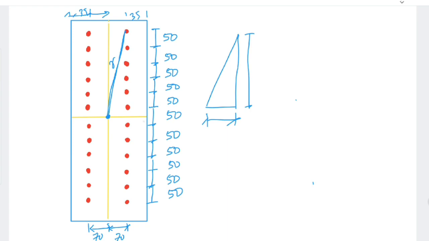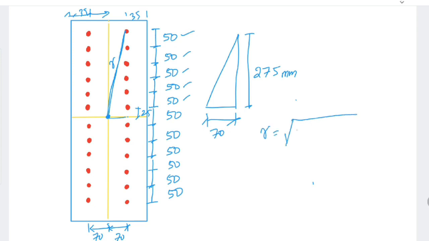Okay, so first one, this is how much? This is 25. Okay, 1 2 3 4 5. Plus 25: 5 into 50 is 250, plus 25, this will be equal to 275 mm, and this other distance is 70 mm. When you use these, easily you can find the value of R.